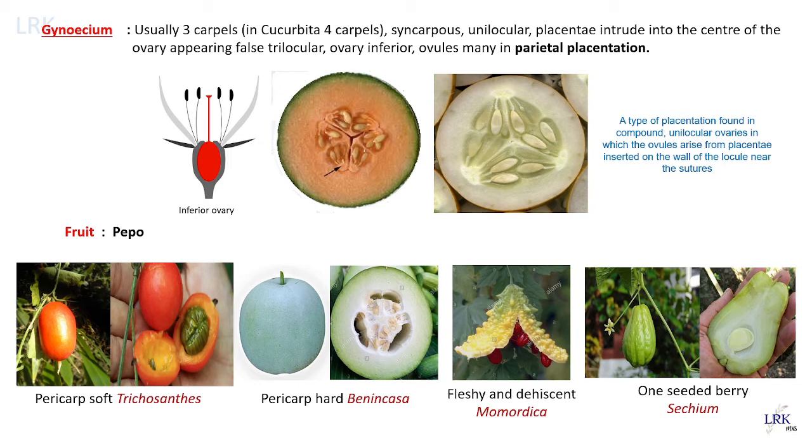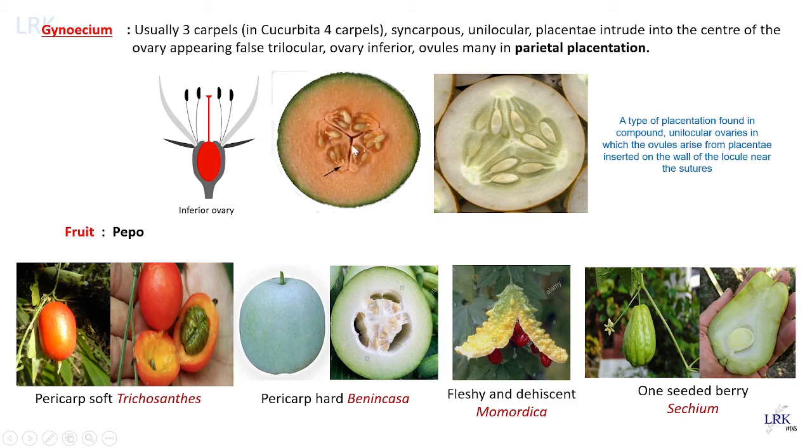So as a whole, we have three carpels in this family, but in Cucurbita we have four carpels. Tetracarpellary condition is seen in Cucurbita. Otherwise, in all other members, it is tricarpellary and syncarpous. That means all the three carpels fuse together, forming a single locule. Okay, so it is a unilocular structure, and these placentae intrude into the locule towards the center, forming a